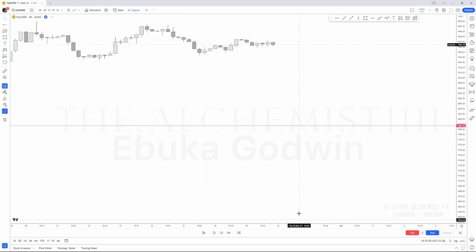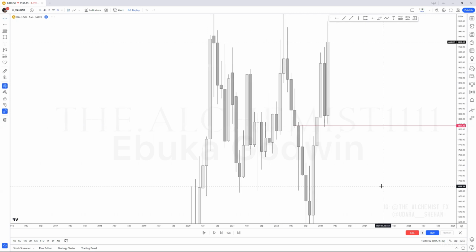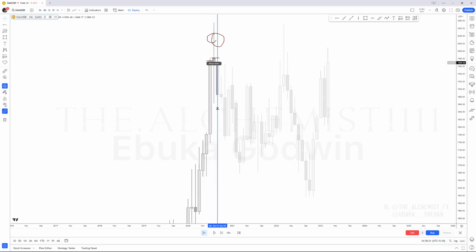Can you go back to the monthly time frame? What do we do about these types of price action, like over here? What do we do here? The price action is not clear, like it didn't make an open close. It's very clear. Look at this.